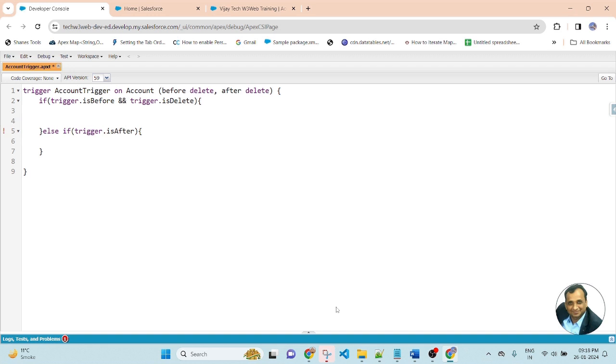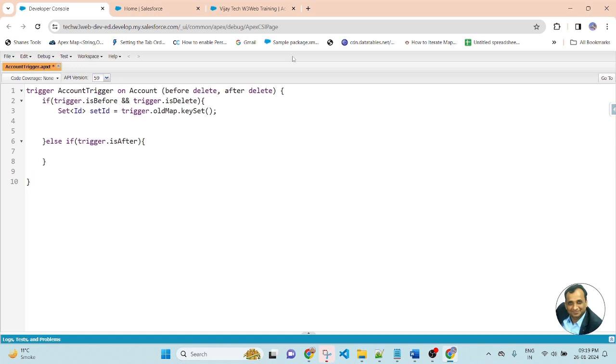First, I will define a Set of Id, equal to, where we store the existing account record IDs: Trigger.oldMap.keySet. Here I am storing the existing account record IDs into the Set of Id.